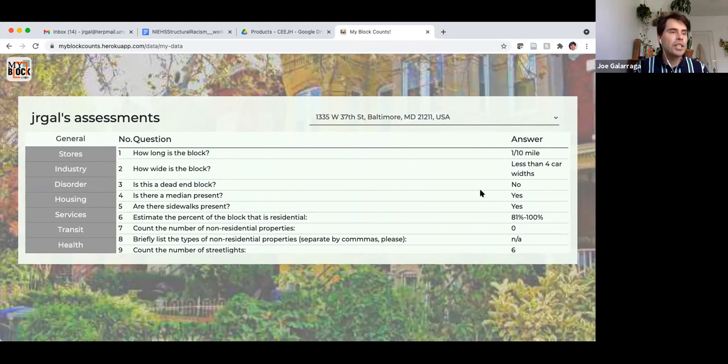But I think that the kind of data that is being collected here is a lot of questions related to presence of things and non-presence of things. So if you're living on the fence line of an industry and you're collecting data that says, is there a factory on this block? That's public information already. I don't think that is necessarily going to pose a threat, especially because there is anonymity in the way this is collected.